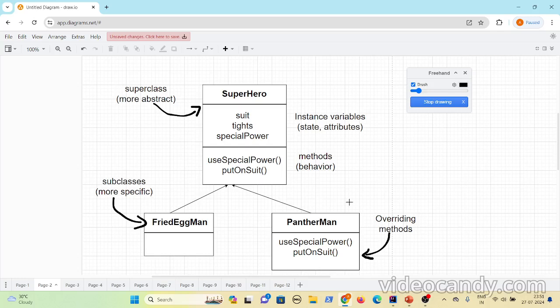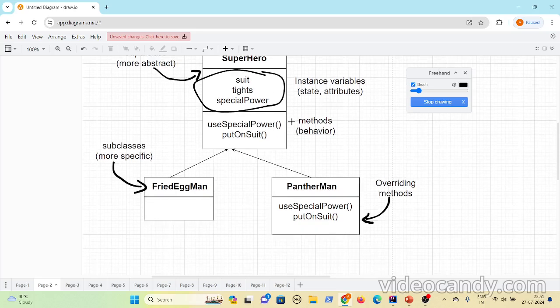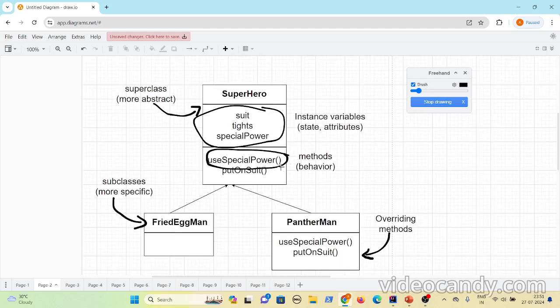So whenever you use the special power method on any superhero, consider these the instance variables: suit, tights, and special power. When you invoke the use special power method, it maybe uses the instance variable values present here.